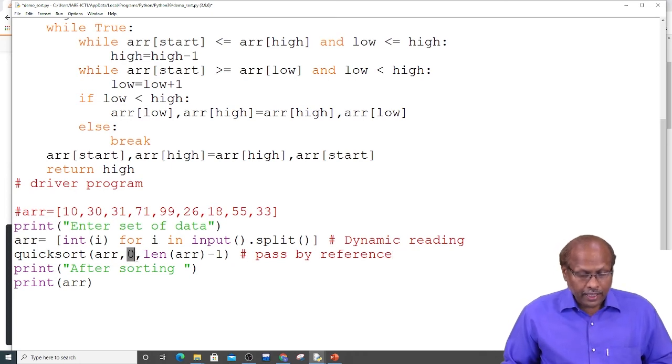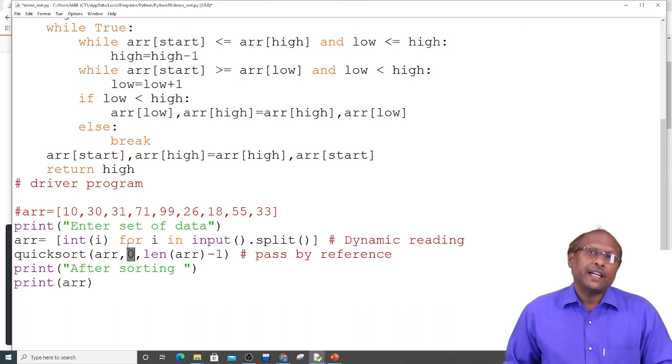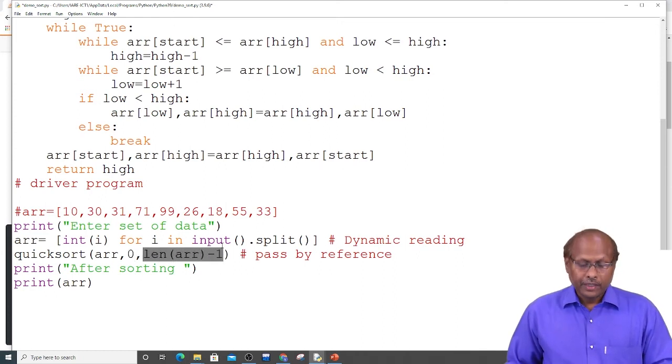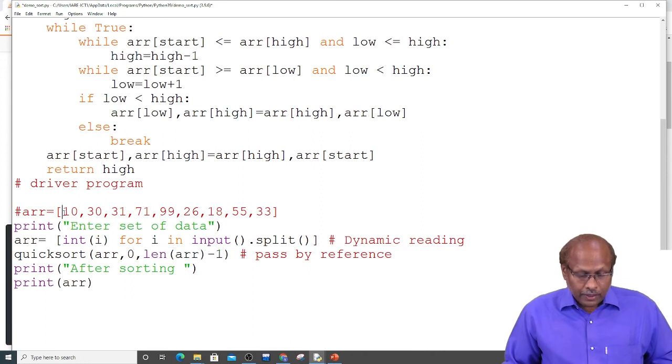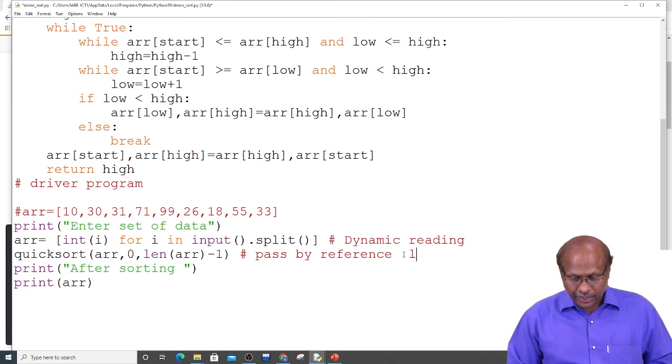And remember, here you can write 0 or even the beginning position. Here my beginning is always 0. Why 0? Because in an array the starting index is always 0 and the last index is the length of the array minus 1. In this example, how many elements are there? Please count: 1, 2, 3, 4, 5, 6, 7, 8, 9. So 9 elements are there, but the last index is 8 only, because the starting index is 0. That's why I made it length minus 1. So length minus 1 gives the last index.